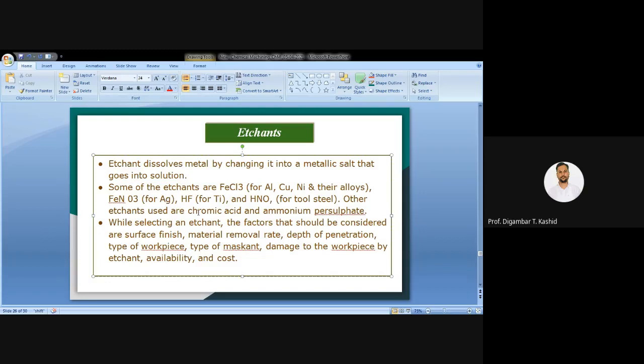Then HF you can use for titanium, and HNO3 you can use for tool steel. Other etchants normally used are chromic acid and ammonium persulfate. So that is also important.